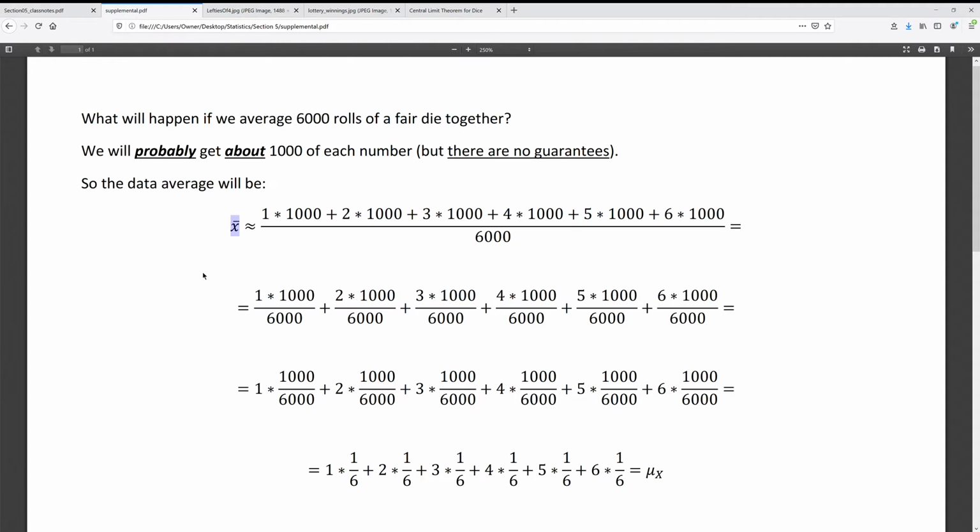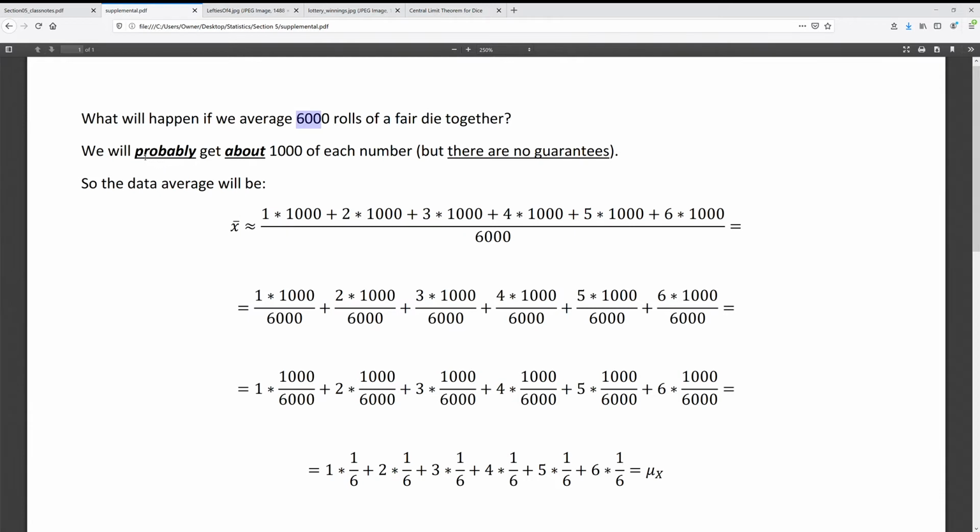So I picked 6,000 for a reason. It's simple to think about. We will probably get about 1,000 of each number, right? If it's a fair die and you roll it lots of times, then you're probably going to get about 1/6 each, right? So that's what a fair die is. If you roll it lots of times, you'll probably get about 1/6 of each number. Probably is vague, about is vague, lots is vague, but 6,000 for the sake of argument, we'll probably get about